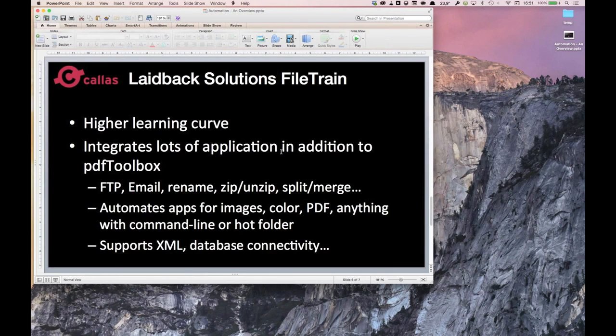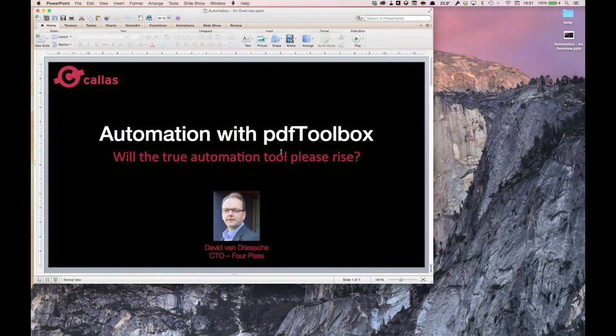But I also have the ability to work with XML, to work with XMP. I have the ability to connect with databases. And FileTrain is really a one-in-all solution. So if you look at the product that I showed, then all of that functionality is embedded in that single package. If I go back to the opening slide, which of these tools is the best tool to automate your